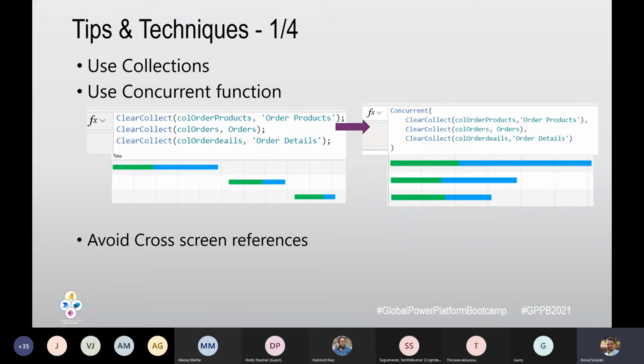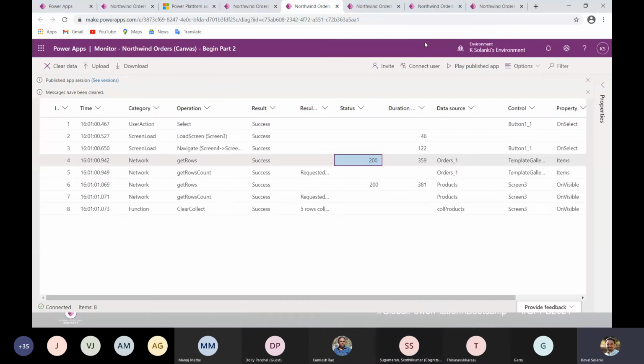Which is not a good case in terms of performance, because in Power Apps, if you are referring to another screen's data, Power Apps tries to load that into memory, even though we don't want to see that as of now. Sometimes the user might not even go to screen 5 at any time. Until necessary, you are referring to screen 5 data, which is not a good design point of view. So let's see this also in